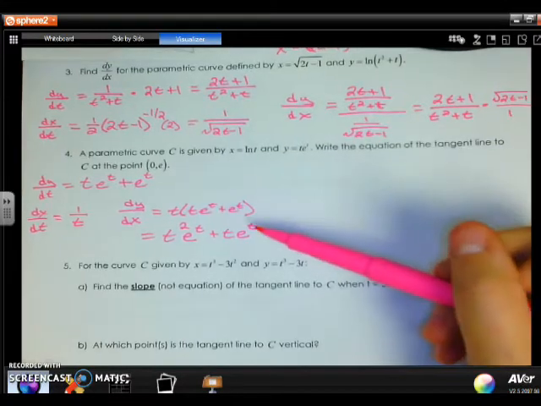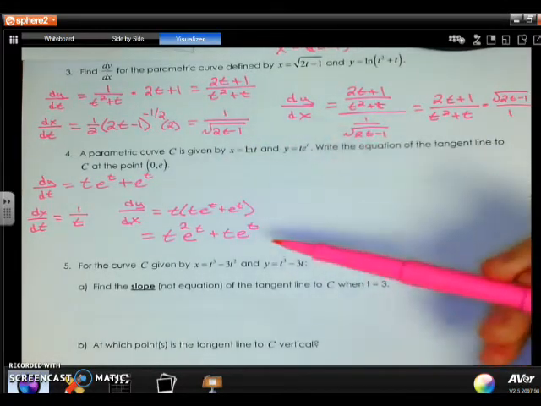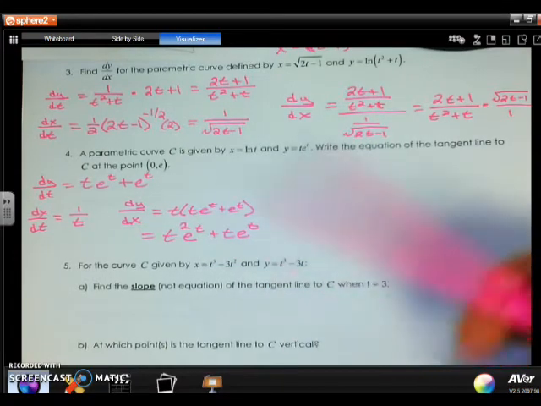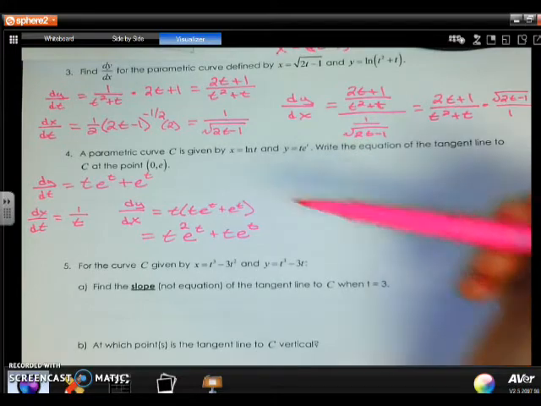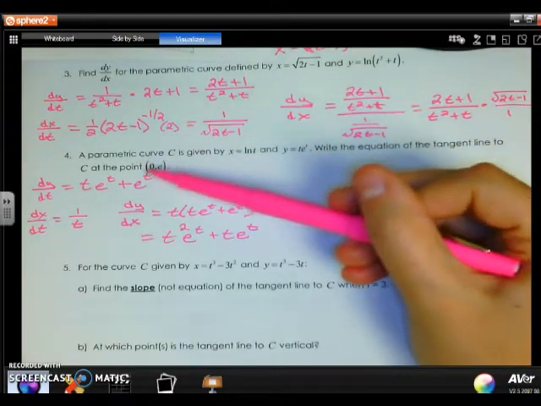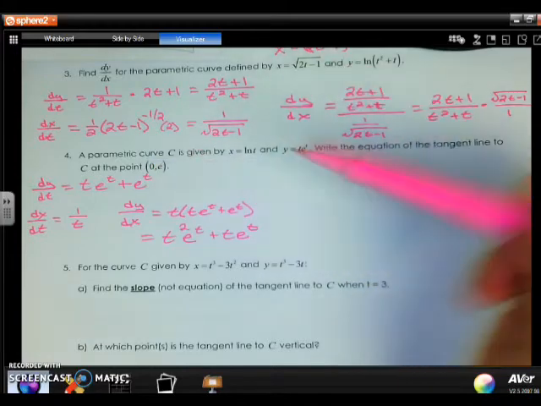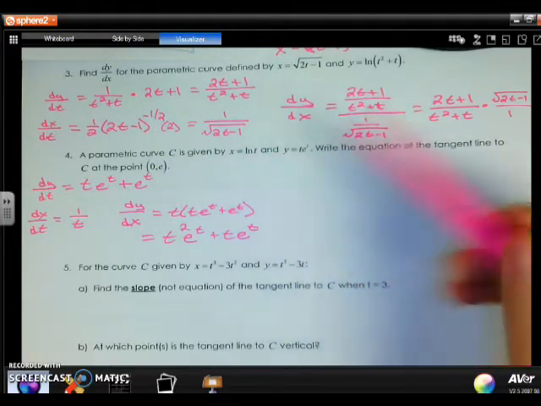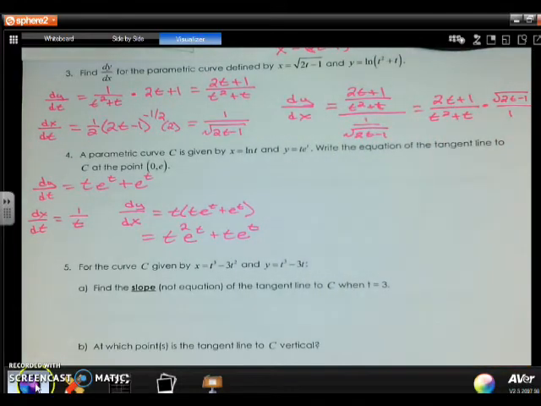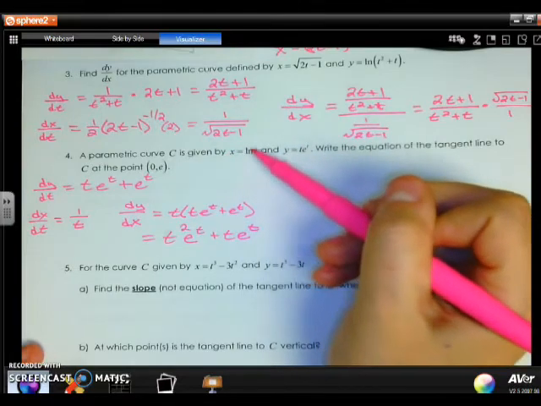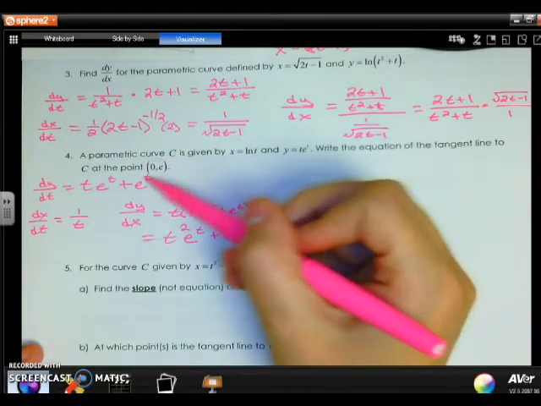The problem here is that we weren't given a t. So first, in order to be able to evaluate the derivative at a certain time, we need to figure out what is the time I need. To do that, you're almost going to have to work backwards here. They did give us a point, okay? So what we need to do is plug in the point to figure out what t is at that certain point. So if you say, well, x equals ln of t, and the x value is 0,